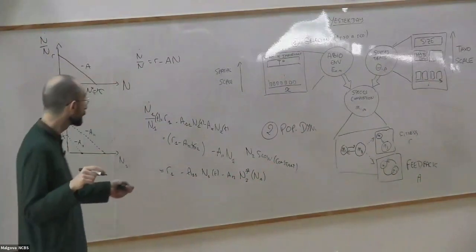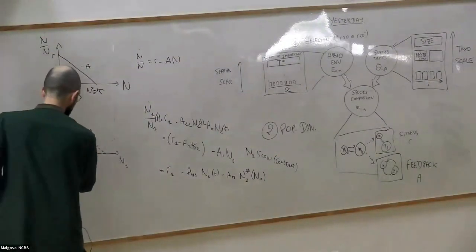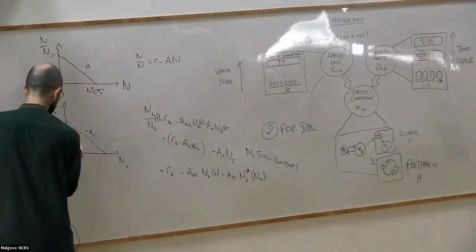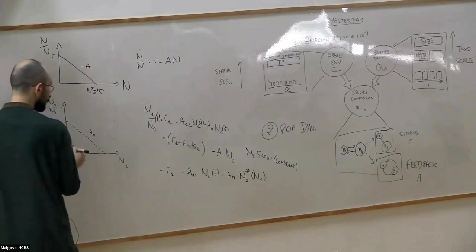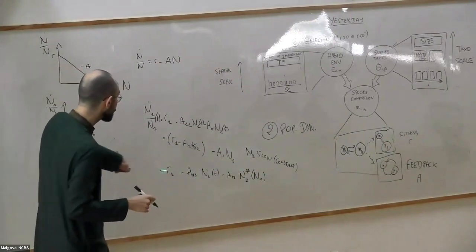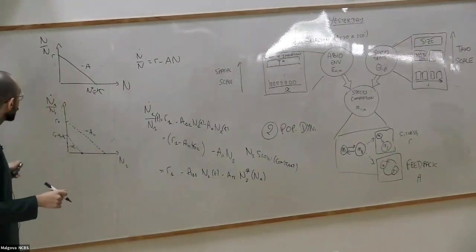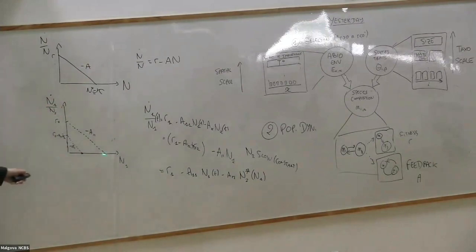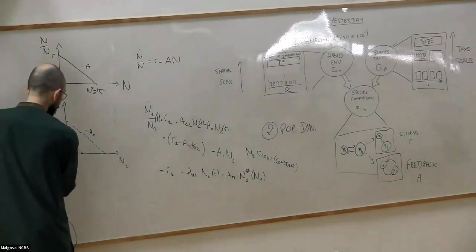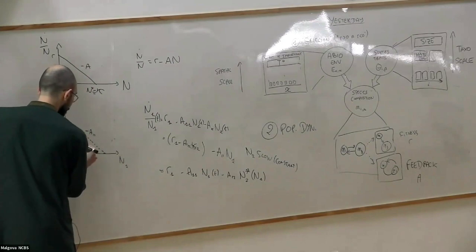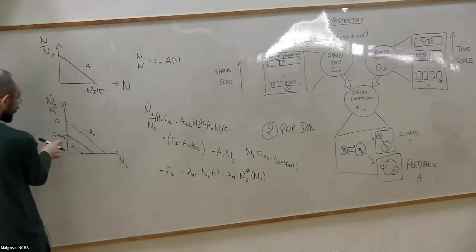And what you can do is you can actually compute what this gives. And what this gives is a slope here, so instead of minus A11, it's nice because, again, this becomes just a function of N1, right? We're back to being able to draw this graph, because when you have N1 and N2, you don't have a single line here, right? It would depend on the value of N2, where you are in this graph. But if N2 is either very slow or very fast, you can just go back to N1 alone, and you get what's happening. And what's happening, in fact, and that's the whole game, is that this is still true,